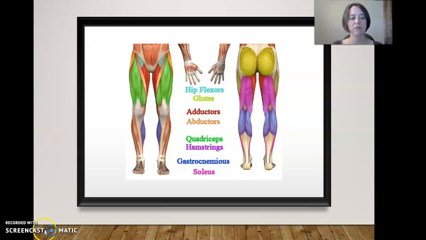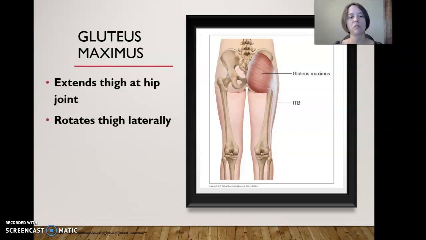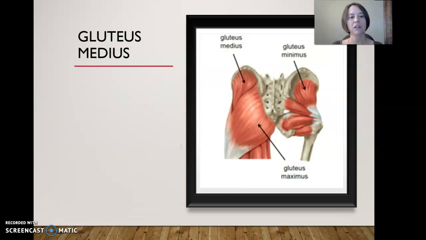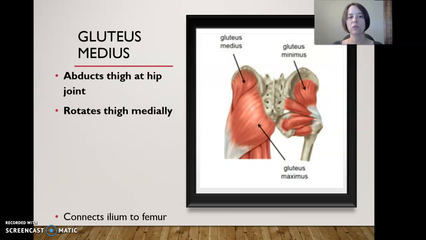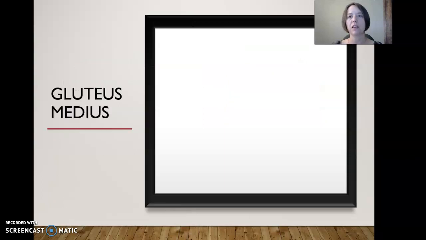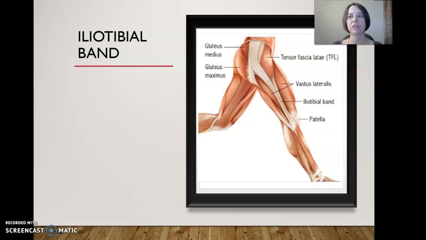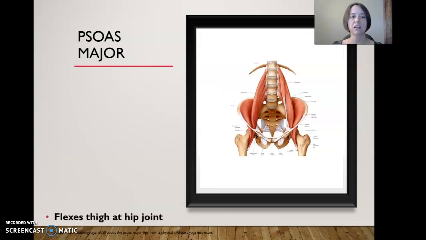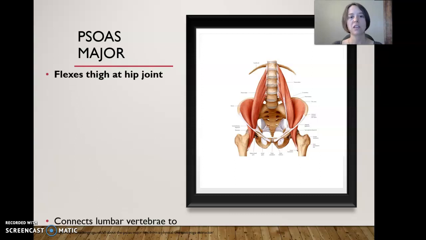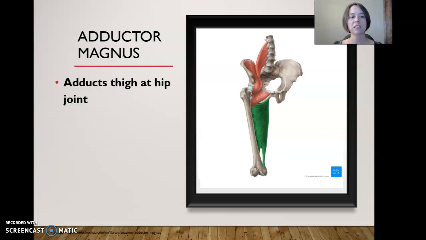So we have first off, the gluteus maximus, which extends the thigh at the hip joint and rotates the thigh laterally. You've got the gluteus medius, which abducts the thigh at the hip joint and rotates the thigh medially. And then deep to the gluteus medius is the gluteus minimus, the iliotibial band, which stabilizes the knee and is a tendon, the psoas major that flexes the thigh at the hip joint, the adductor magnus that adducts the